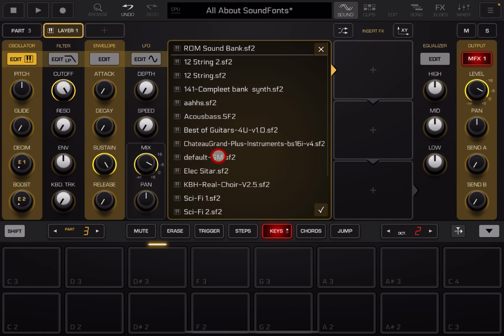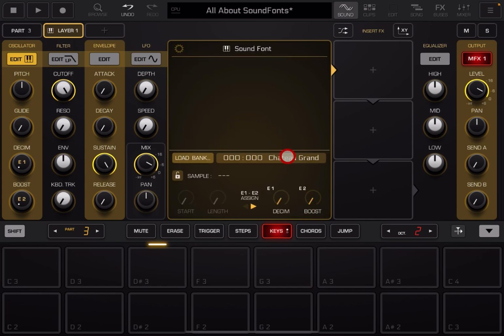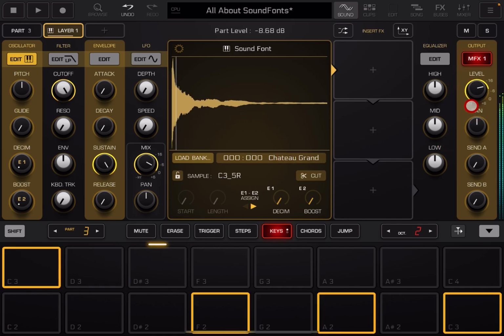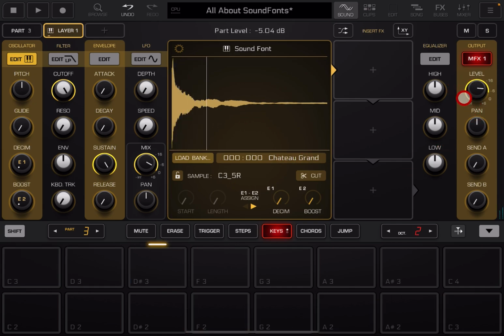Got a default GM, which is, again, a bunch of sounds. There's that one we loaded in. Best of guitars, which was another one. We got another string one there, haven't we? Let's try this one. Right, this Chateau, this is quite a big SoundFont. Let's load it in. It's quite a good one, though. So, lots of SoundFonts